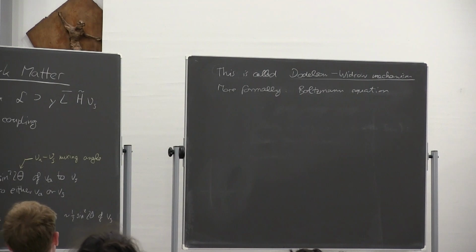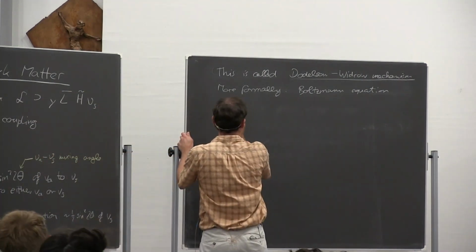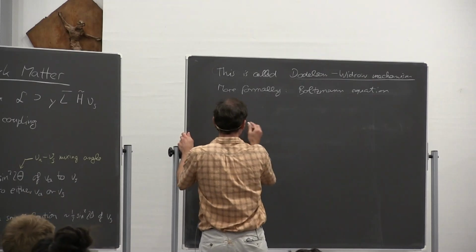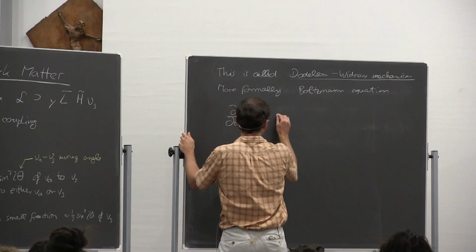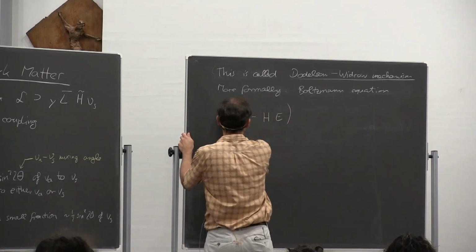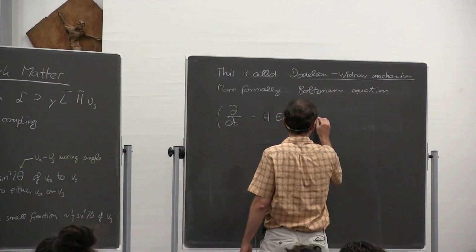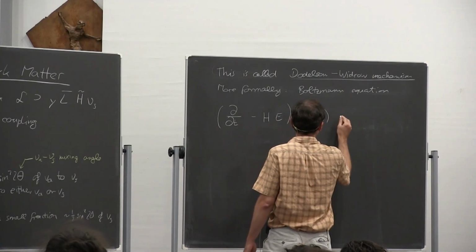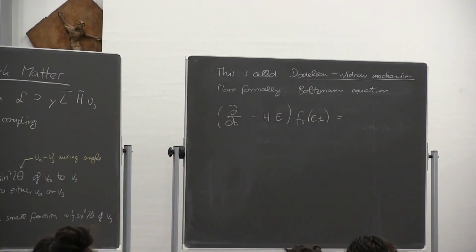So in this case, the Boltzmann equation reads as follows. It's a partial derivative, d over dt, minus H E times the sterile neutrino distribution function, which is a function of E and t. And we set this equal to